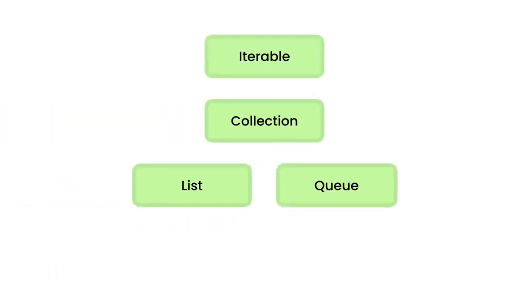The next interface we're going to talk about is the queue interface. Similar to the list interface, it extends the collection interface, so every queue is a collection as well. We use queues in situations where we want to process jobs based on the order we receive them. For example, think of the printer at your organization. Your printer receives various jobs, puts them in a queue, and processes them one by one in the order it